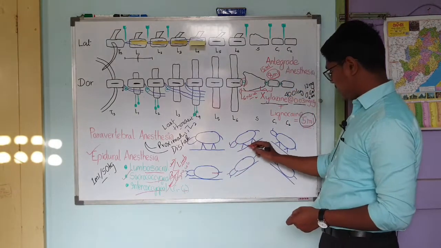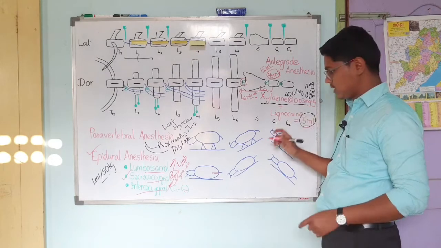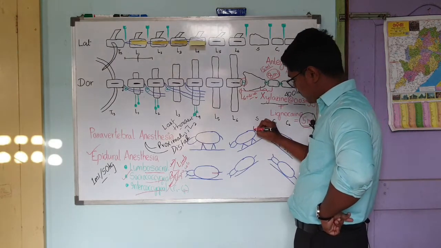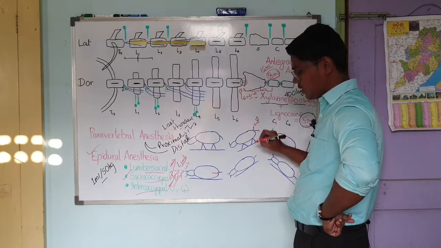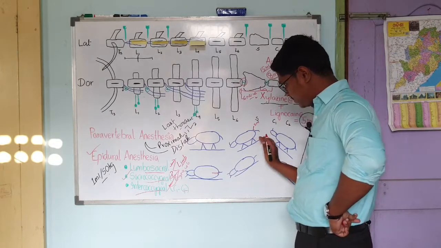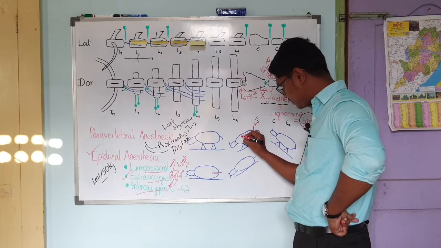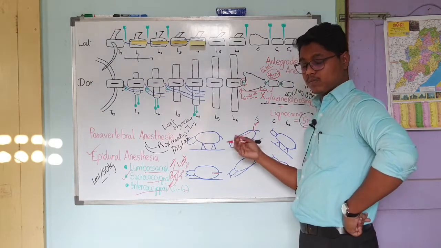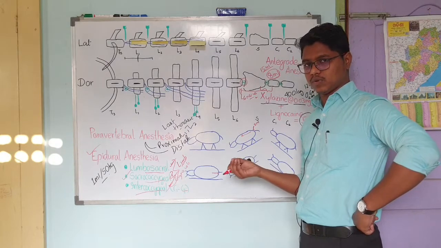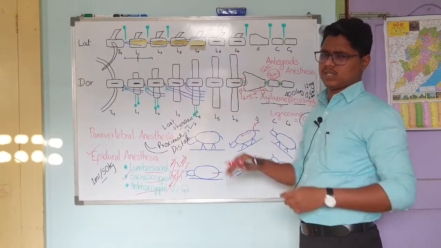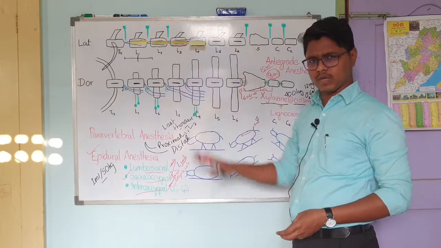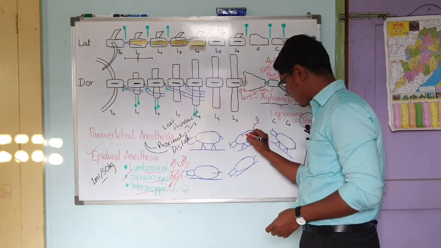Second, this slope is also important. Why? You have deposited 8 ml of lignocaine hydrochloride. What will happen if this is too sloped? The anesthesia will start migrating. Suppose you don't know and there is a 450 kg animal, and you gave 10 ml of lignocaine, that will start migrating.